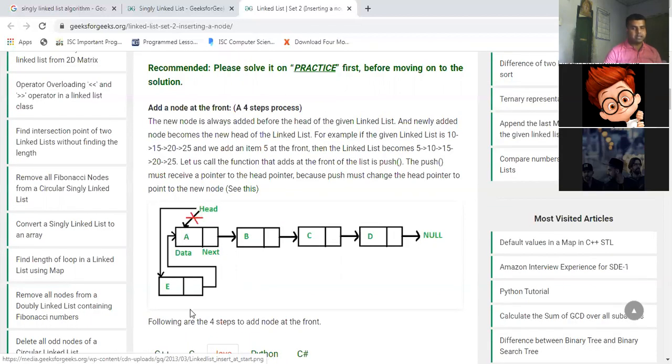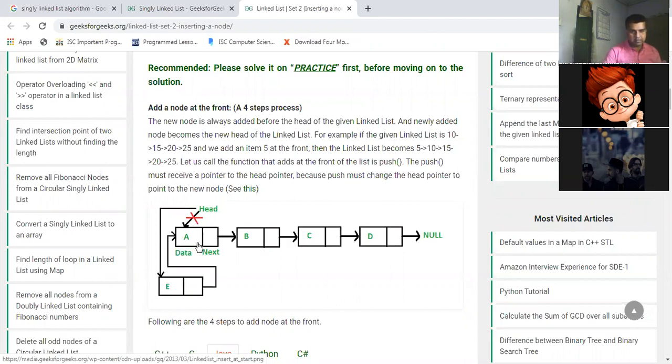If you see very carefully what is happening, your A node is not getting shifted here. Neither is your E value getting replaced into this node just because it was a head node. All these nodes are actually intact in their places.